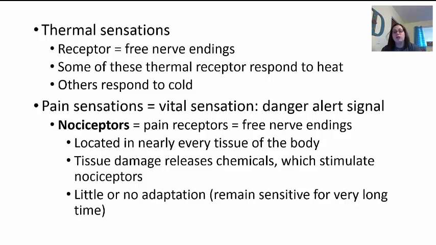These have little or no adaptation. They're going to remain sensitive for a very long period of time. Now, they may dull a little bit if you've ever had a kind of pain that was more sharp and that sort of thing, but then it dulled out to an ache. However, then you hit that area again, or you knocked it on something, then it brought that sharp pain back. That's because these receptors don't ever really adapt, okay? They may dull the sensation where you're only feeling like a throb or pain like that until you hit it again or something like that, but those sensations never fully go away if there's still tissue damage present.